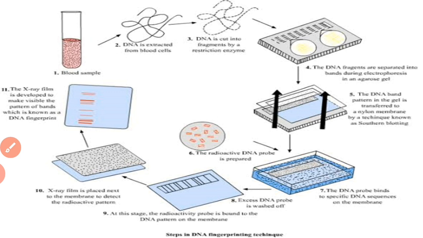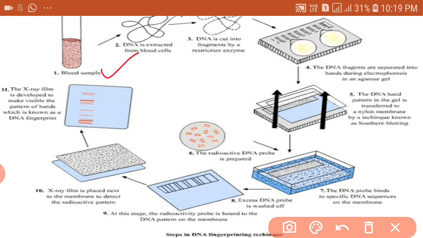Now this is the complete process of DNA fingerprinting. Here a sample is taken from the site where the DNA is to be seen. It can be hair, mainly cells from the hair follicles at the root, or blood, the WBCs are taken, or tissue or semen is taken.